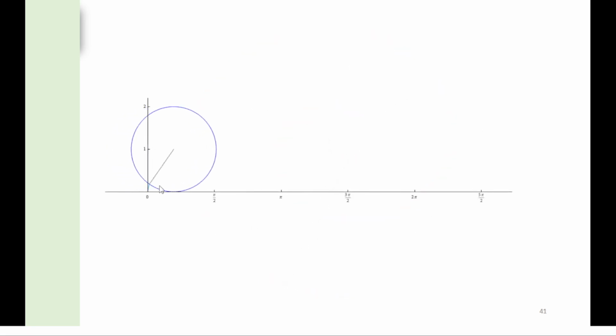Now just imagine this blue colored circle is a rolling circle. This is the point P, which is continuously creating this cycloid curve. This distance will be equal to 2 pi r, meaning equal to the circumference. That's why we can define a cycloid as a path traced by a point on a circumference when that circle is rolling on a horizontal surface.